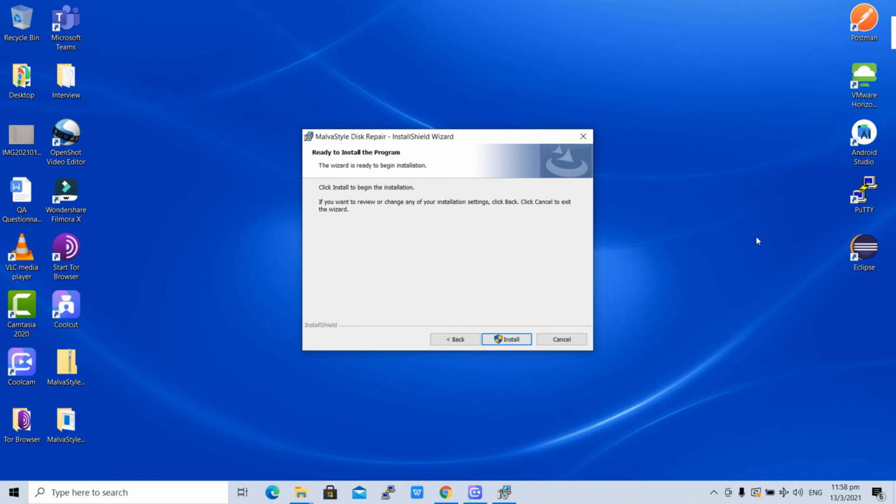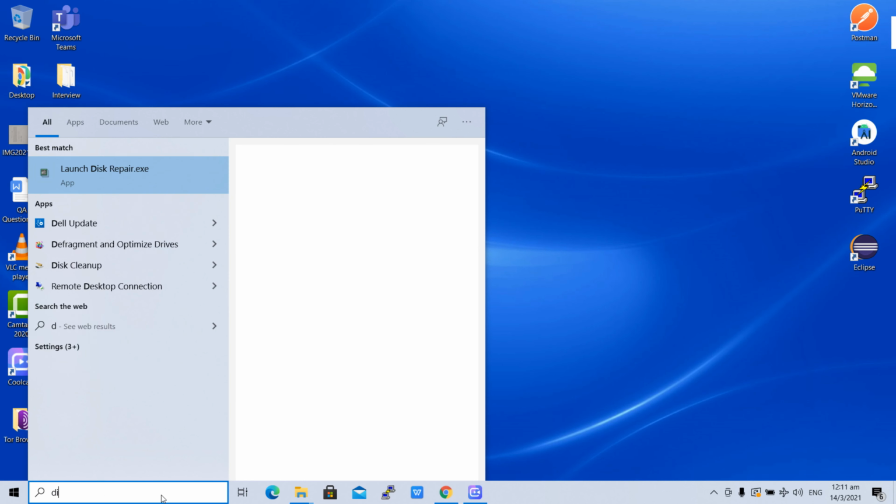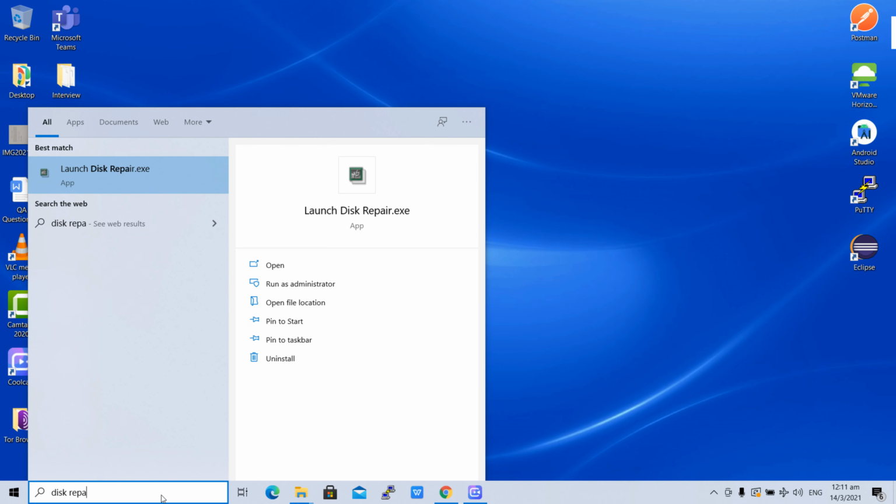Okay, now it is installed. Now open your disk repair. You see this launch disk repair.exe. Open this app. Yes.